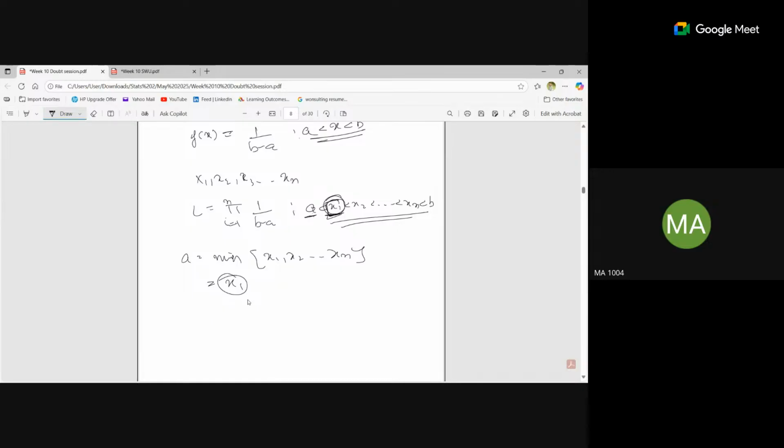Okay, so when we are calculating the maximum likelihood, do you remember that when we double differentiate, the value should be less than zero? Yes, yes. So that is a maximum. So here, if I'm asking what is the maximum likelihood estimate of a, and my interval is going from a to b, so from here, I will be taking the value of